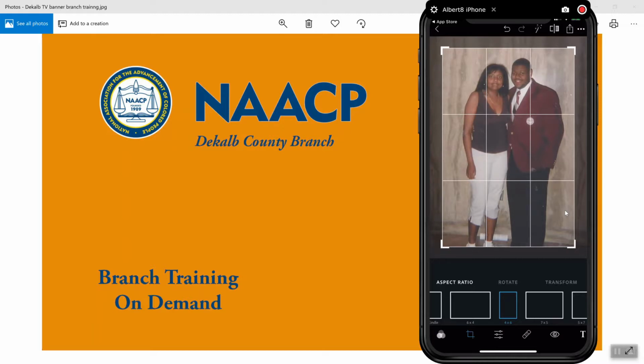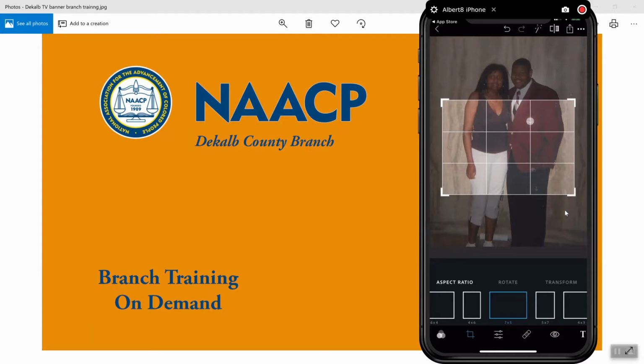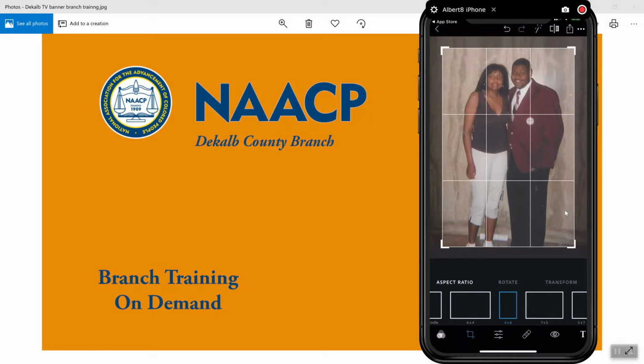That's a 4x6. If I wanted to do a 7x5, as you can see, that particular frame is more horizontal than it is vertical. Or as some people in the photography world like to say, it's more landscape than it is portrait. So we're going to stick with the 4x6 as a typical picture size that you would want to